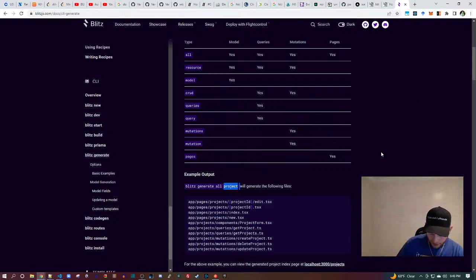Check out DBDocs. You can easily generate a cool ERD model right from your Prisma schema. Ooh, we love that. Great call out. Easily generate a cool ERD. That's fantastic.